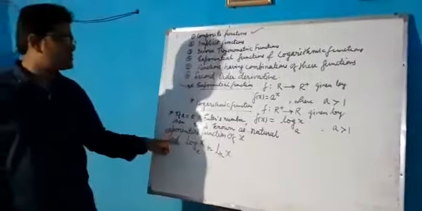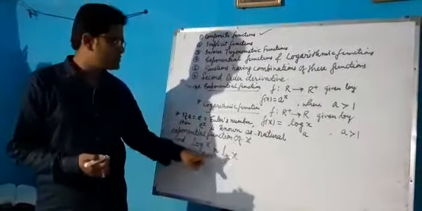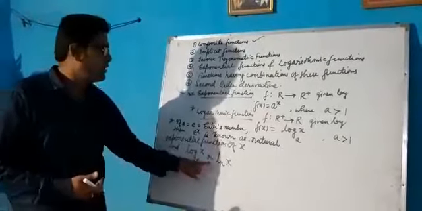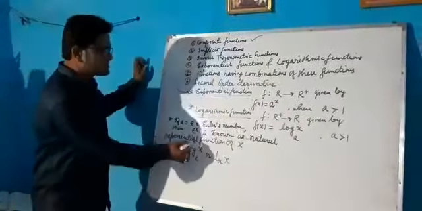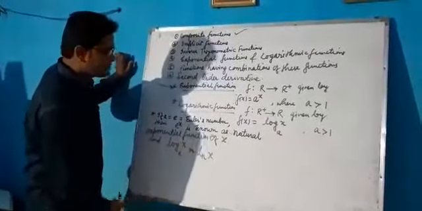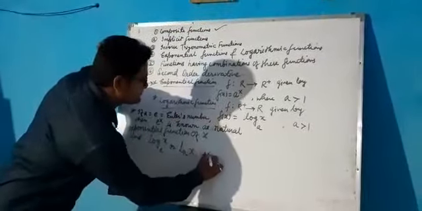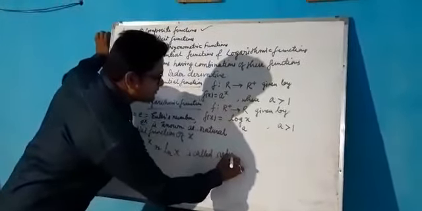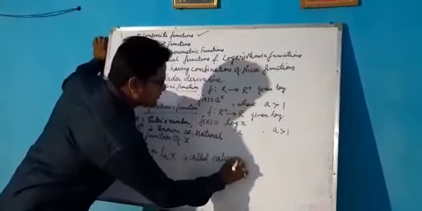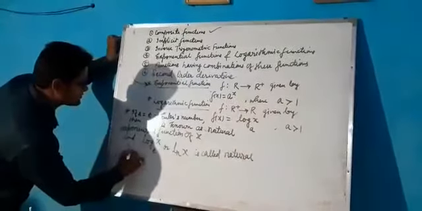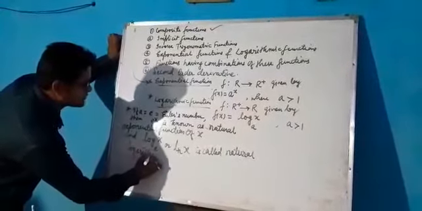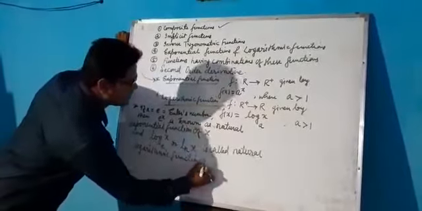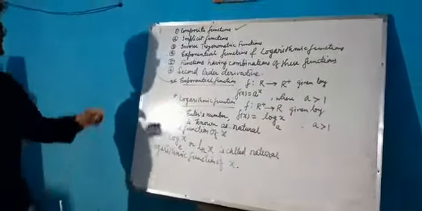In some competitive books, level books, or some other books, this sign is used. It is read as ln x. So log x to the base e, or in this symbol you can represent, is called the natural logarithmic function of x. Now we can interchange it.